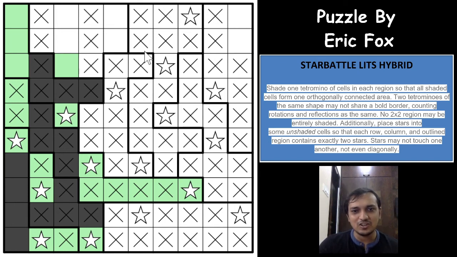Excellent logic, excellent logic. Now if you see, we can mark the tetrominos here. Both of these cannot be tetrominos. The star cannot be the tetrominos, right? You cannot place tetrominos and star on the same cell, which means that there are 5 cells here, out of which 4 cells would have to be a tetromino.